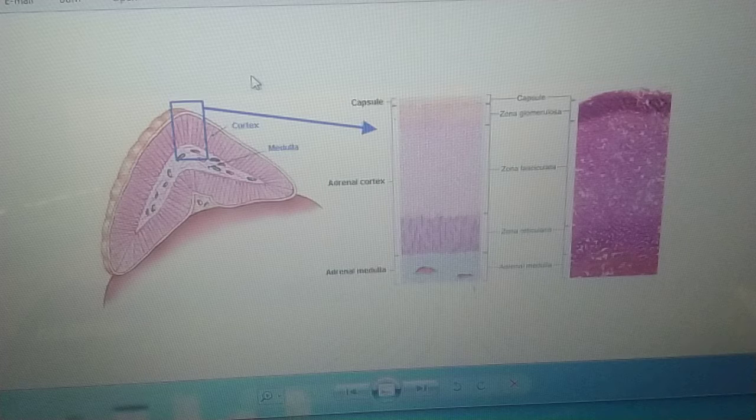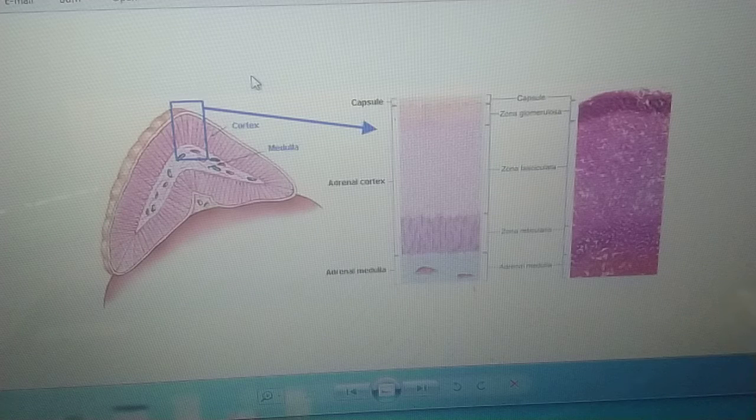As the name indicates, they are responsible for regulation of the minerals' metabolism. Aldosterone, that is the salt retaining hormone, is the principal mineralocorticoid. In humans, 90 to 95% is aldosterone. Like all other hormones of the adrenal cortex, aldosterone is a steroid. Its main function is to regulate the sodium content of the body. It is secreted when the sodium level is low.